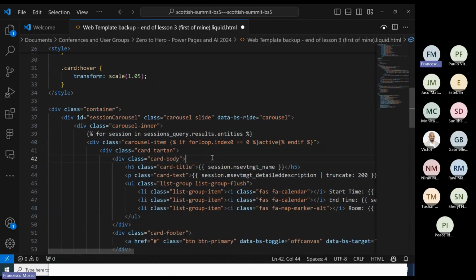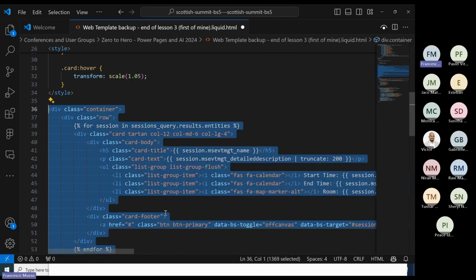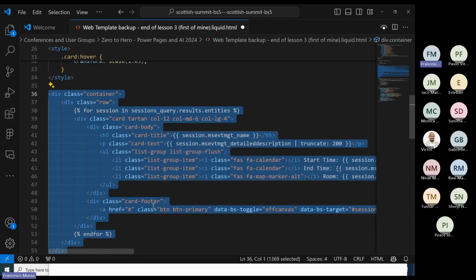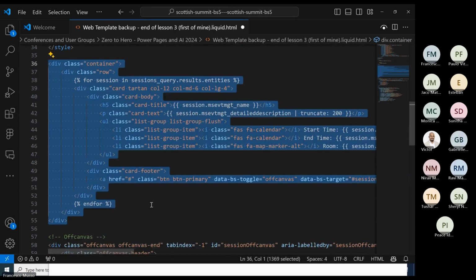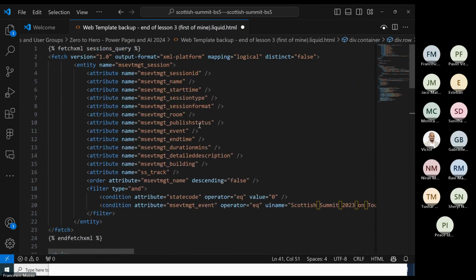So I'm going to undo that, so I've just got cards and not a carousel. And then thinking this through, I'm going to need a way to identify which track each of these things are in. So I've got the track as a field in my fetch XML, so that's a good start. So what I'm going to do is say